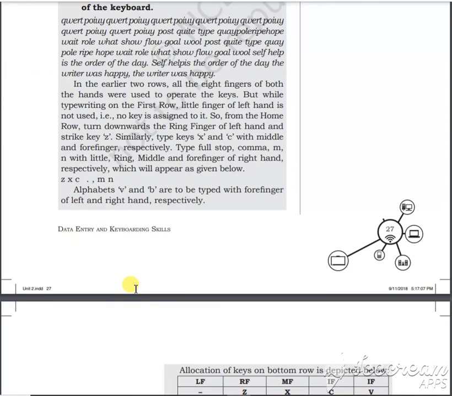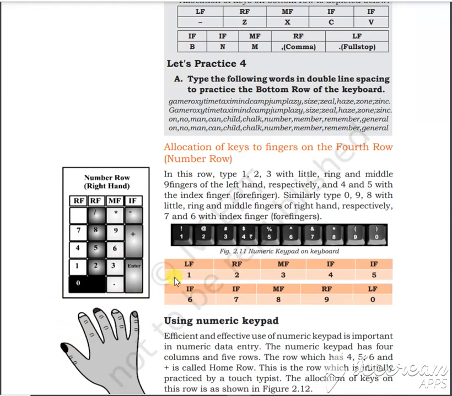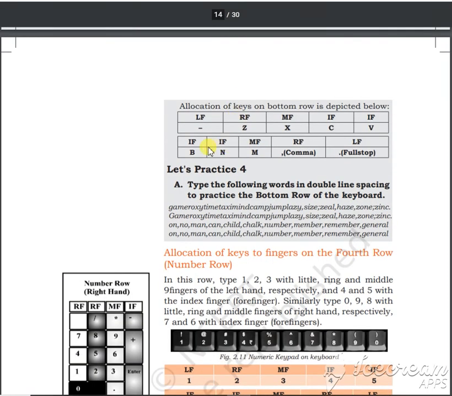So this is how your work is done, and you can allocate it like LF, RF, MF, IF, IF. So this is Z, X, C, V. Which finger will go where when you move it? See, as the fingers are moving, one left finger will go to 6, the right finger will go to 2 and 7, the middle finger will go to 3 and 8, the index finger will go to 4, the right finger will go to 9, the index finger will go to 5, and the left finger will go to 0. Okay, this way you will move your fingers. These are the finger movements. Left finger, right finger, middle finger, index finger, index finger.